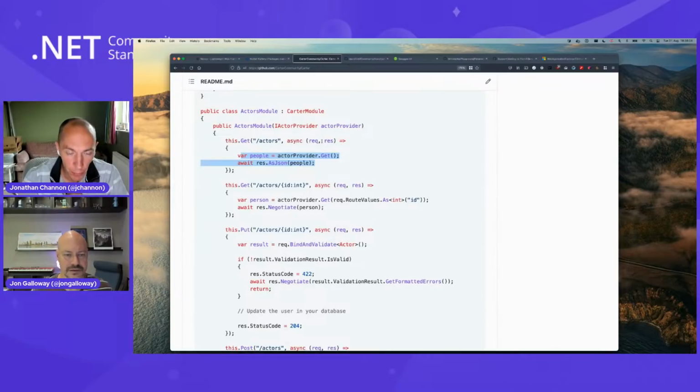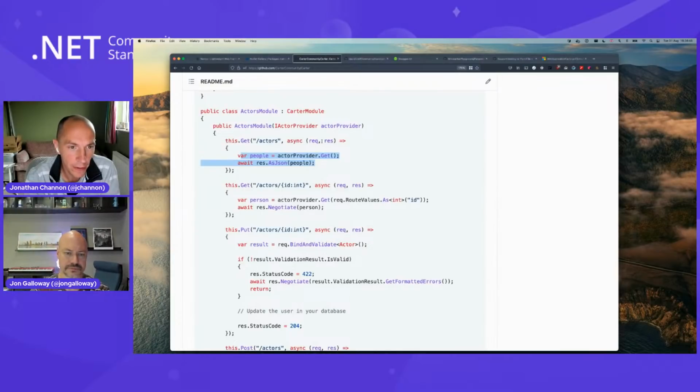Carter also supplied OpenAPI out of the box. That's all gone as well. I would recommend looking at something like Swashbuckle or NSwag. Again, if you look at Damien Edwards' repo and Fowler's repo, they do an example of how to do that.